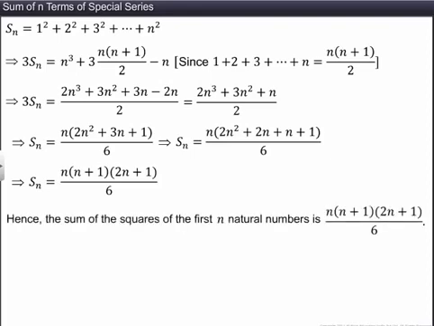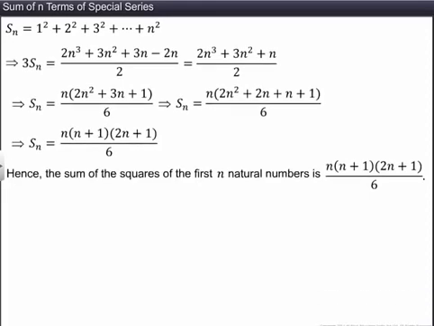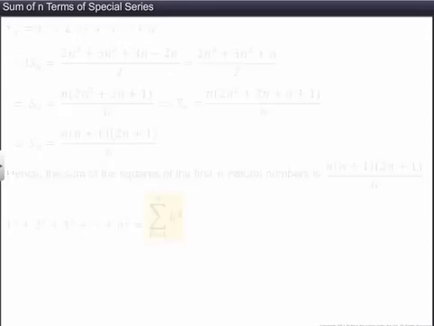The sum of the squares of the first n natural numbers is denoted by summation of k square, where k is from 1 to n. With the help of this formula, let's find the sum of the squares of the first 10 natural numbers. Let S10 denote the sum of the squares of the first 10 natural numbers. Then, by the formula, we have